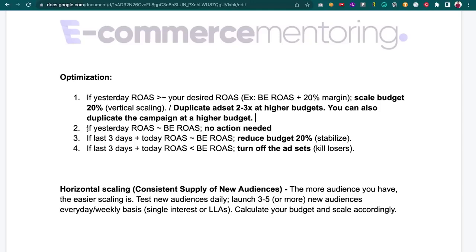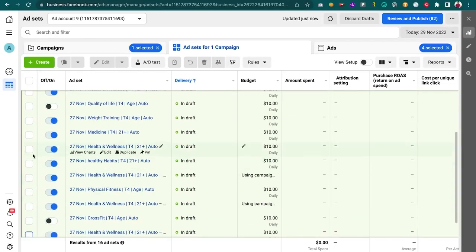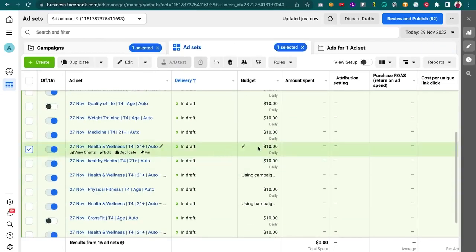So in that case, you don't need to touch anything. For example, let's say I'm checking on a regular basis, at 12 a.m. or let's say 11:30 p.m. I'm just checking these ads and I see that this ad is performing almost equal to break-even ROAS. Let's say our break-even ROAS is 1.6 and it has given us 1.7 ROAS. So I won't touch it because I will let it perform for another day or two and then we'll check